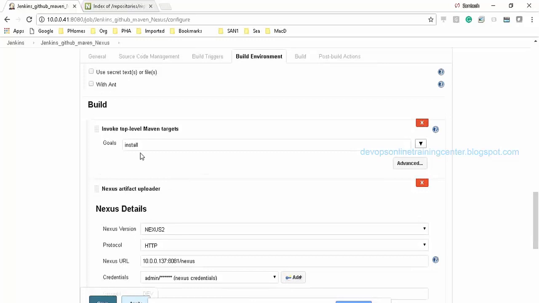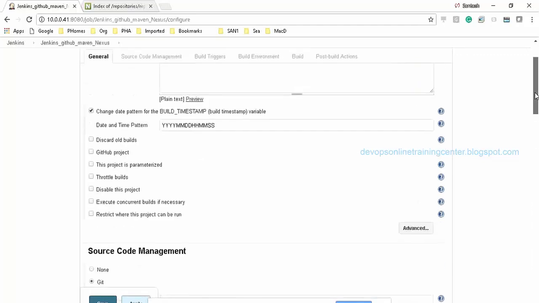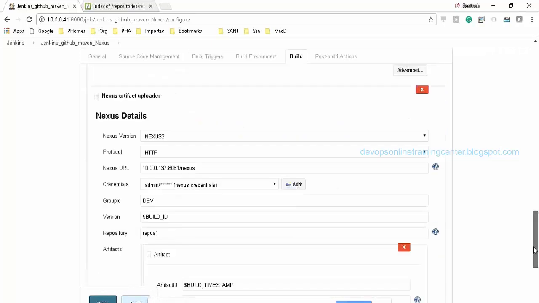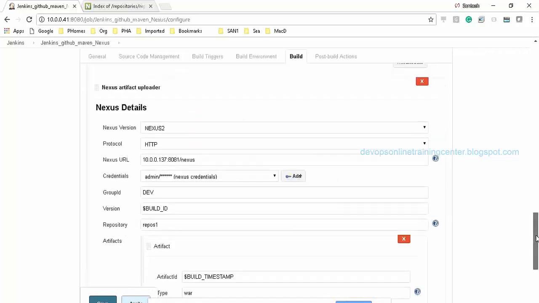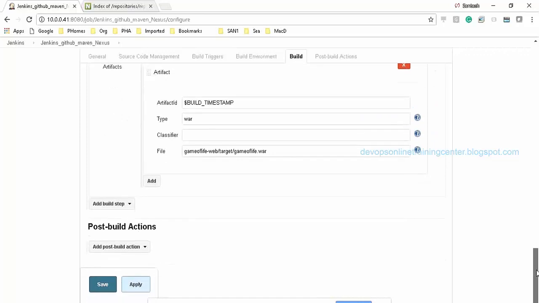Then what is the next step? Using Nexus. So who is calling Nexus? The Jenkins job is calling Nexus using this plugin. So as soon as a job is started, the source code is downloaded, Maven is triggered, then Nexus is triggered to store the binaries in the Nexus repository.